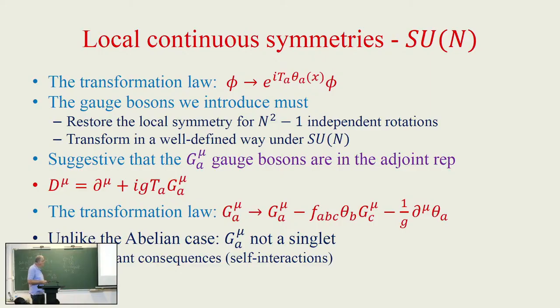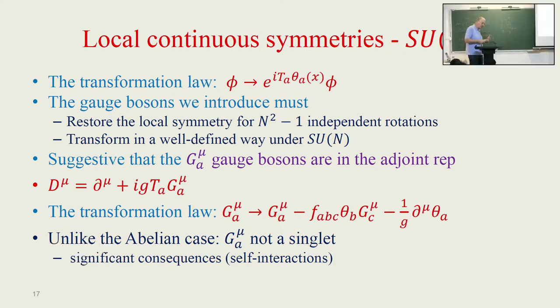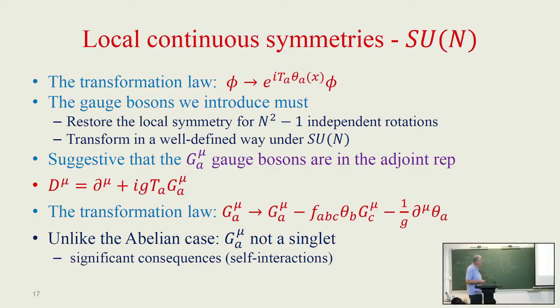And the transformation law that compensates for the non-invariance of the kinetic terms and transforms like the adjoint representation is this: G mu A goes to G mu A minus F ABC, the structure constants of the group, which are known numbers for each group,